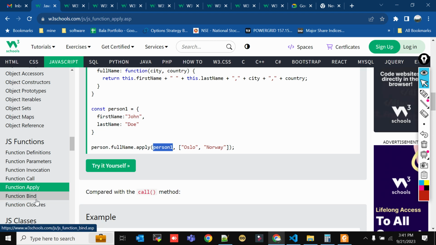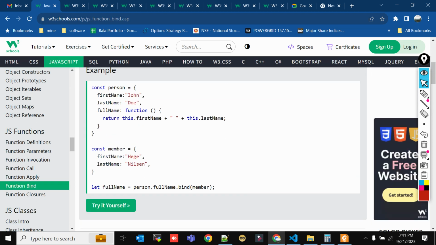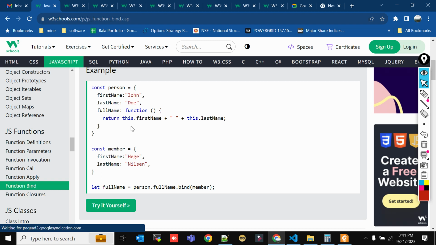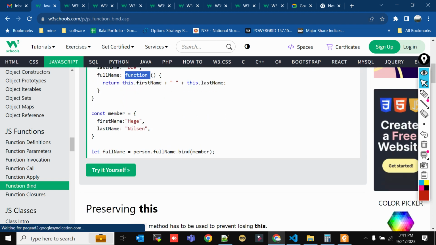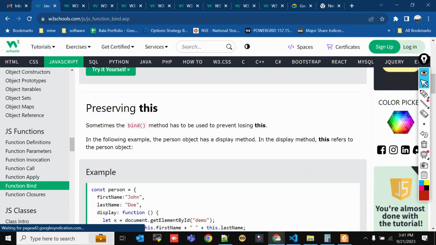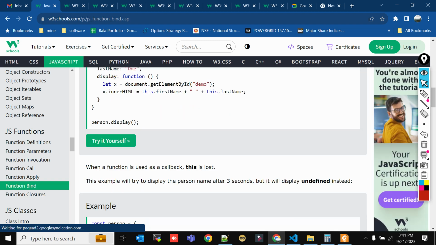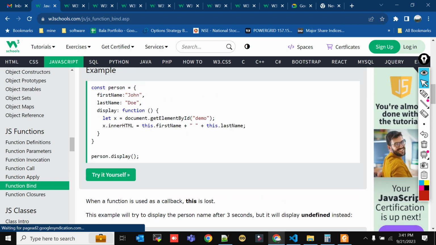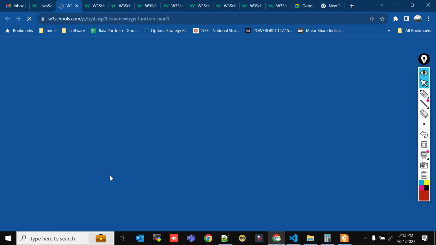Okay, and then there is bind. See, in this case, this is basically a function, right? So in this case, this pointer might not be valid. See, when a function is used as a callback, there is no name given to the function, correct? When you call like this, the problem is,